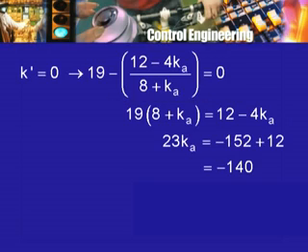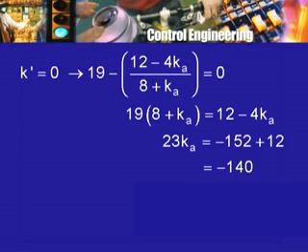Okay, here are the calculations. 19 minus (12 minus 4 Ka) divided by (8 plus Ka), is it equal to 0? That is the question that we are asking. Now, carrying out the product operation, then 19 into (8 plus Ka) should be equal to 12 minus 4 Ka,